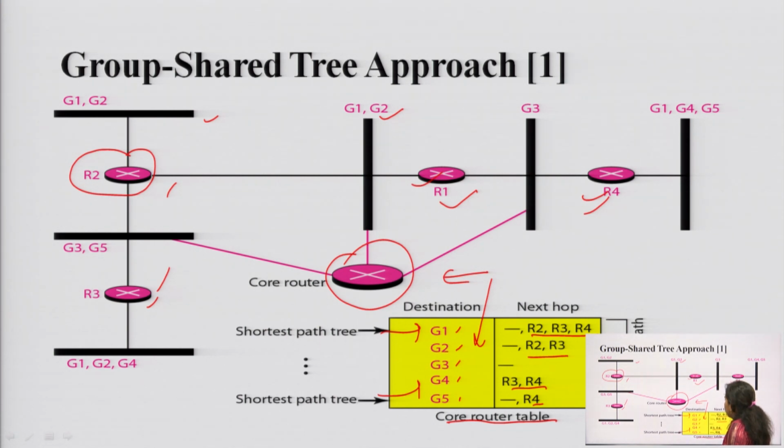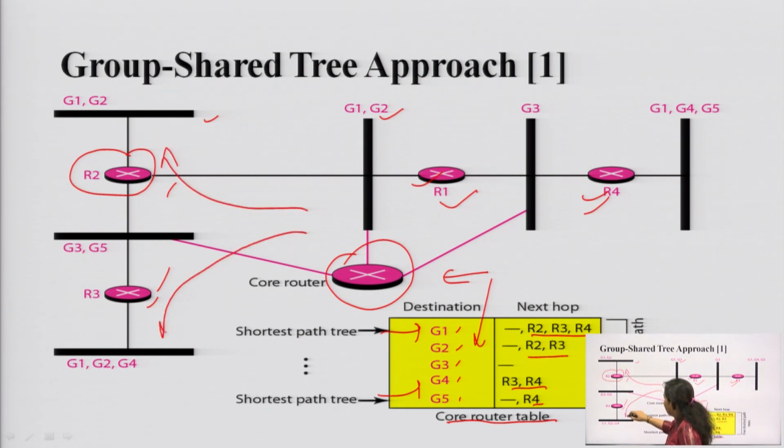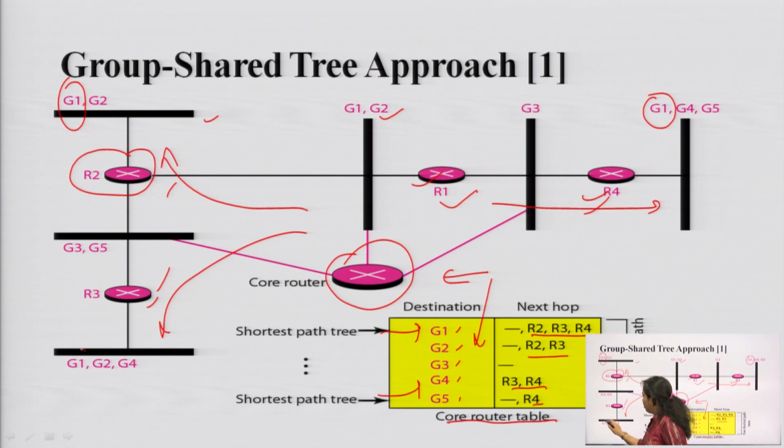If I want to transmit the data to G1, then it can follow R2, it can follow R3, because G1 is present at all the 3 destination points. Now, when we are considering G2, G2 is present at all the points. So, R2 and R3 both can be considered, that from R1 it can be transferred through R2, it can be transferred through R3 also.